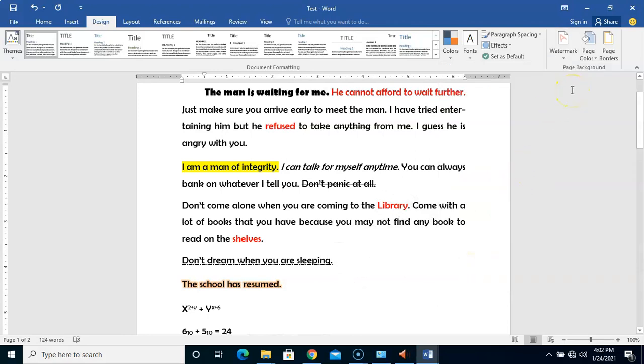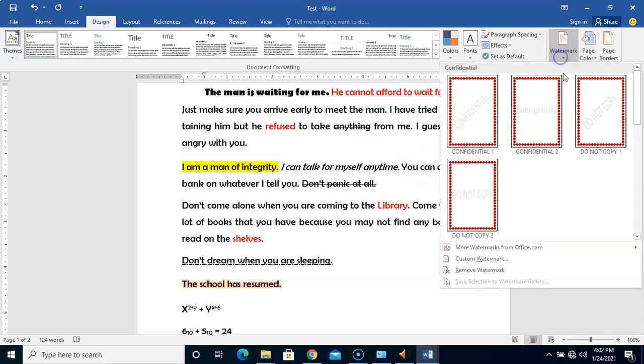Can you see that? So somebody is now going to say, what if I want something custom that is not confidential, that is not do not copy? Maybe I want the name of my company or the name of my school or my personal name to appear under the content of the document. How do I achieve that? So you go to watermark and you go to custom watermark. But before I